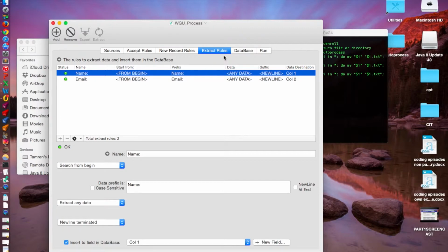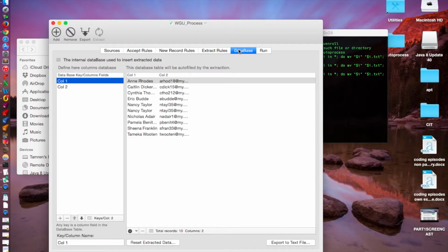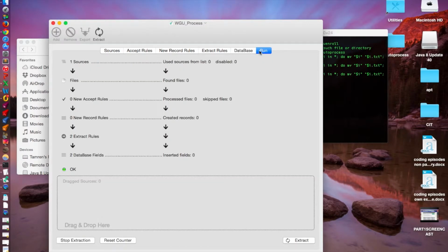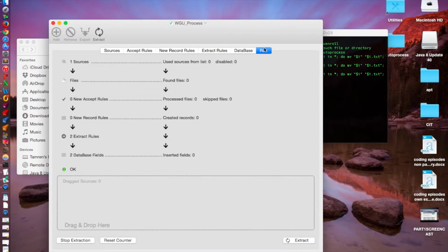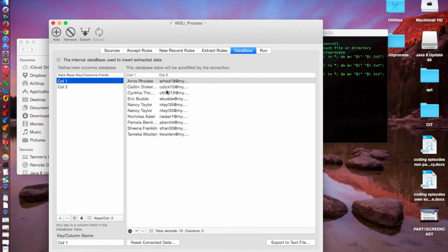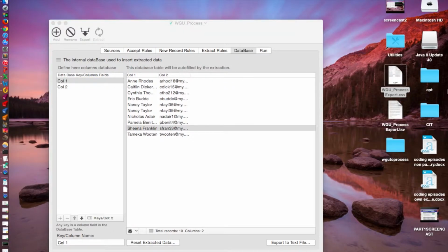Now we can use the application's internal database to split that extracted information into two columns. Column 1 will be the name, and column 2 will be the email. And now we can actually export from within the application to Excel, which makes our next step easier. So we already have those extracted files because I already ran it before, but you would do run and then it would grab and then it would split into column 1 and column 2, and you can already see that we already have that extracted data. Export all those,